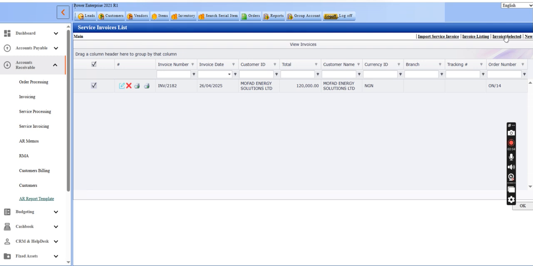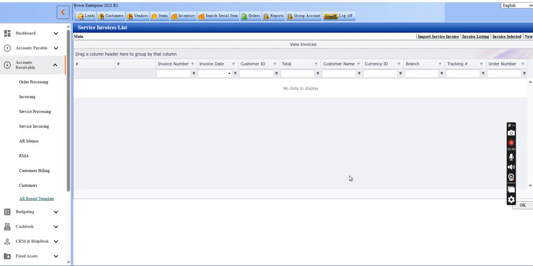Once it is posted, then we will check the entries. So let's post now. Now, the service invoice has been posted. And then we can now go and check the entries. For us to check the entries,